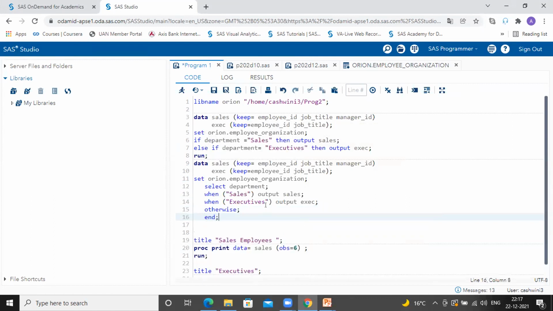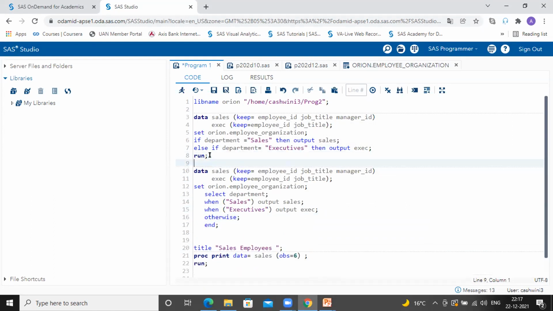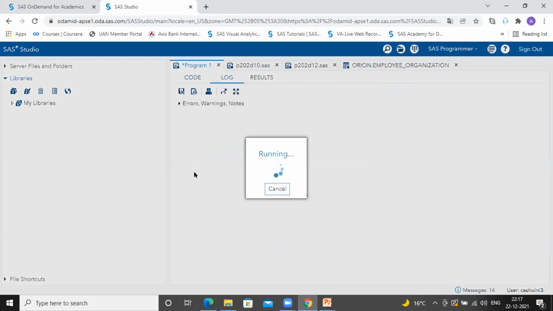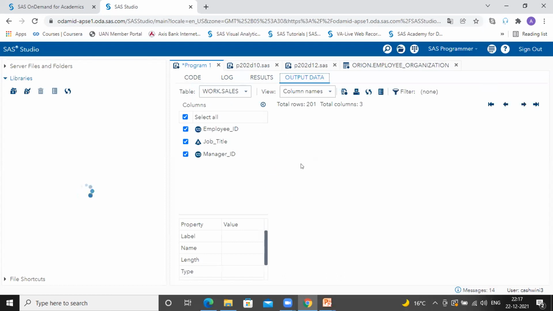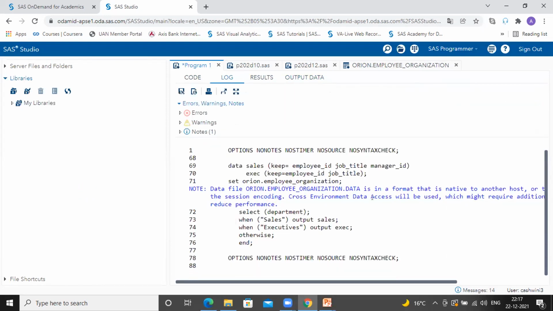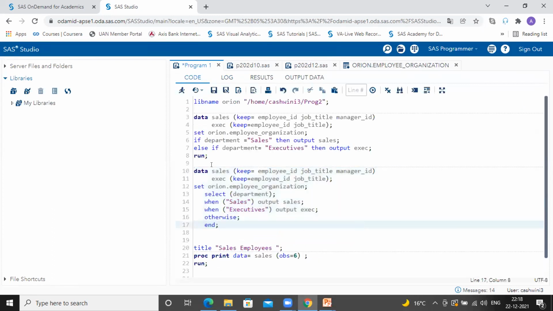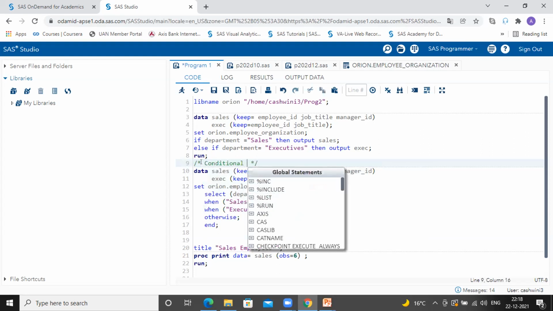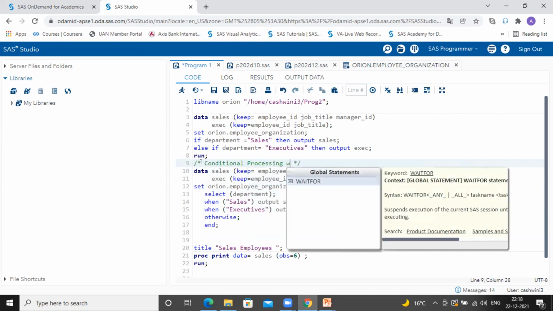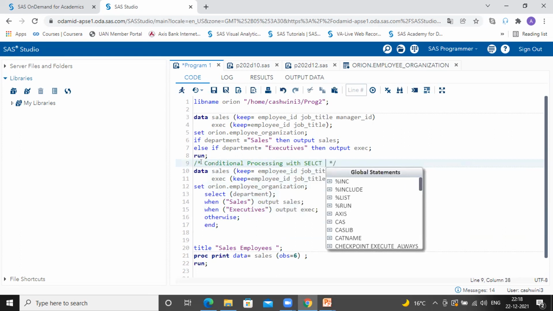So we can do either way, any one. With select statement.